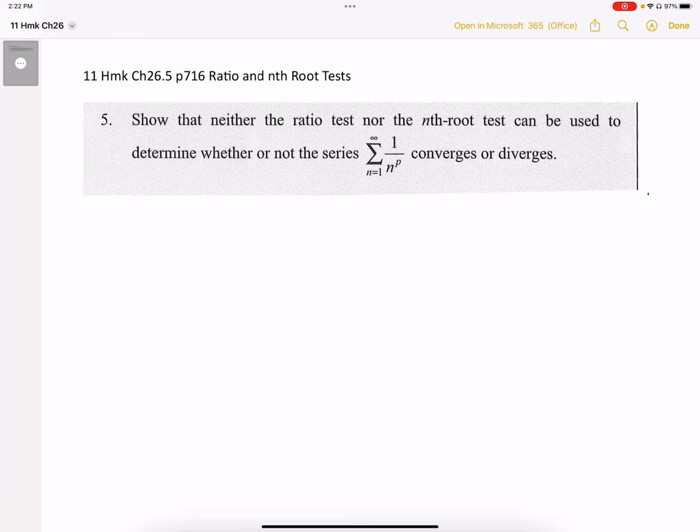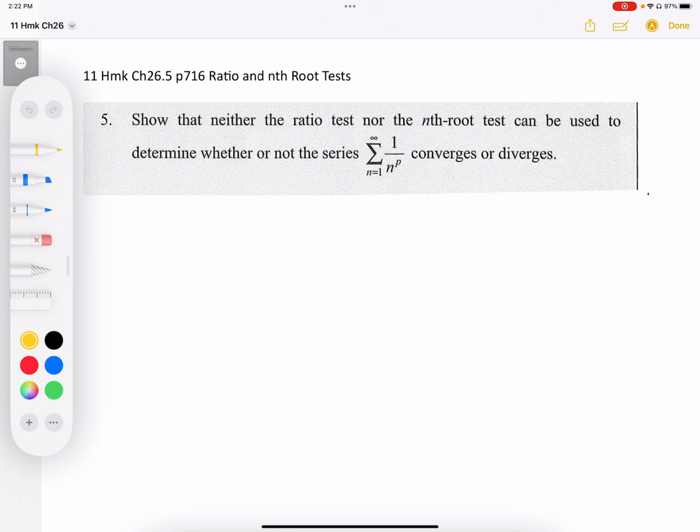Question number 5 asks us to show that neither the ratio test nor the nth root test can be used to determine whether or not the series 1 over n to the power p converges or diverges. Okay, so what we're going to do first is maybe the ratio test. So the ratio test